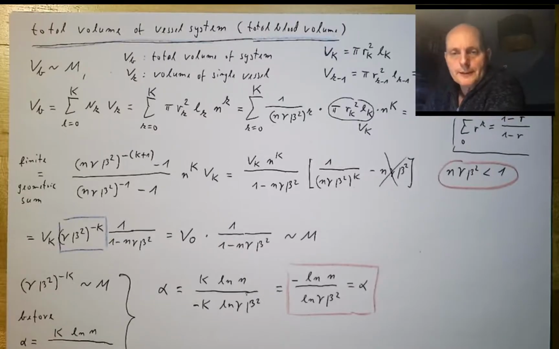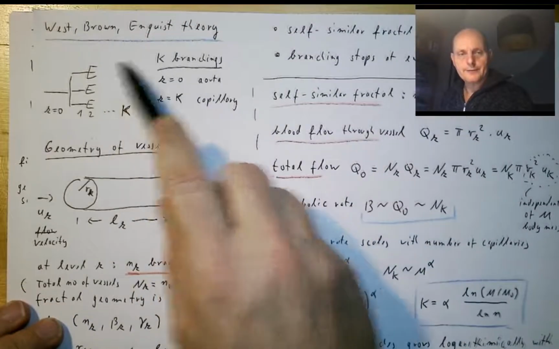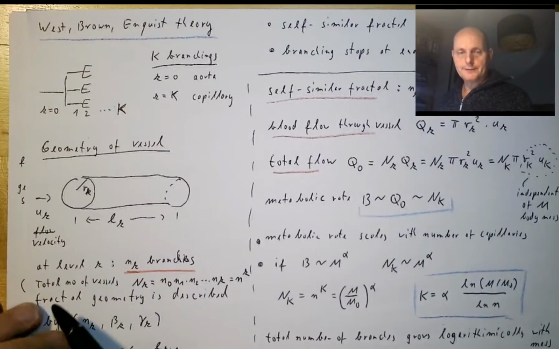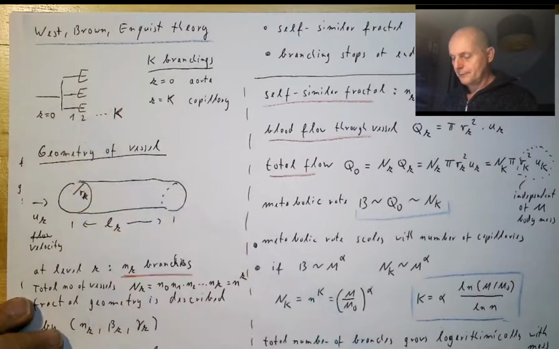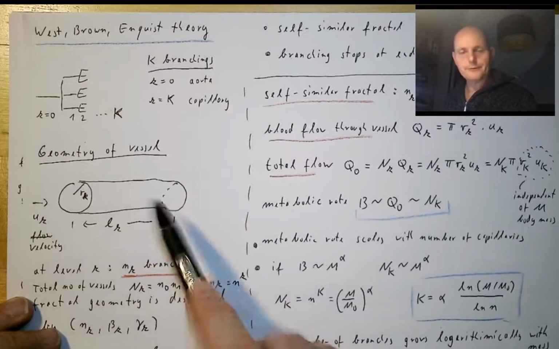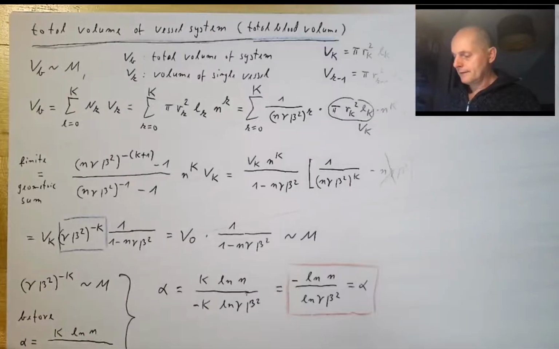Hello, welcome to lecture 60, the video 60 in the lecture Advanced Mathematical Modeling. We are looking at the West-Brown-Enquist theory for metabolic scaling. We assume we have this fractal branching network, we have the geometry of the vessel, and in the last video